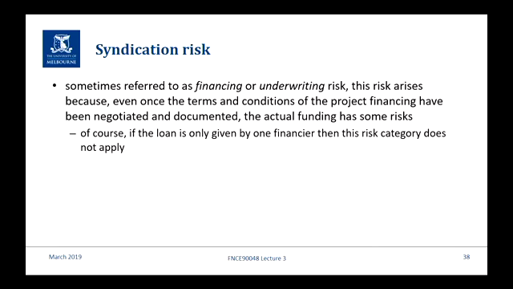Moving on to the other element of risk in operations, and it's the other side. The first one was in relation to the equity contributions, the second's in relation to the debt contribution. And it's the same sort of thing. In a syndicate of lenders, I've used the example before, there's the lead arranger that says I'll put in 100 of the 800, brings in 700, and 7 others who each say we'll put in an average of 100 million. So you've got your 800 ready to be drawn down over the construction period. What if one or more of those lenders either decides not to, or in fact goes out of business?